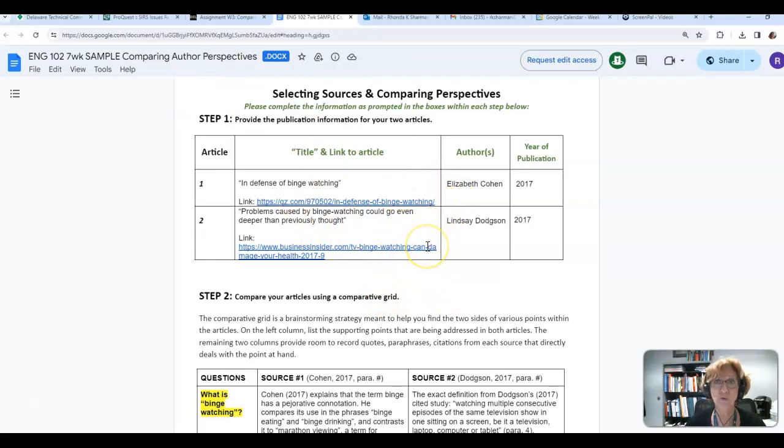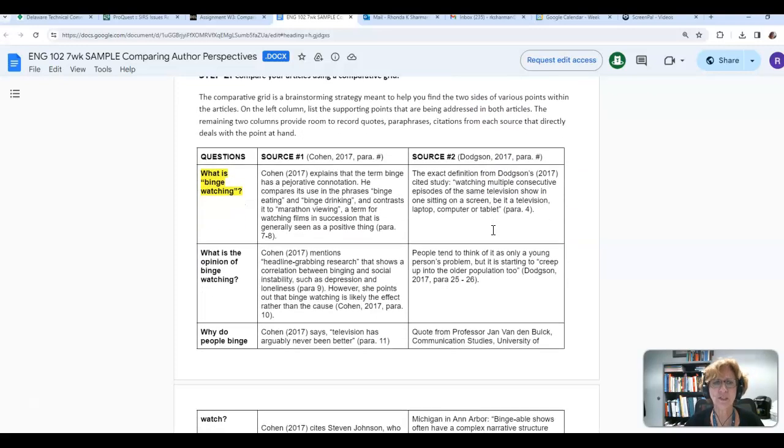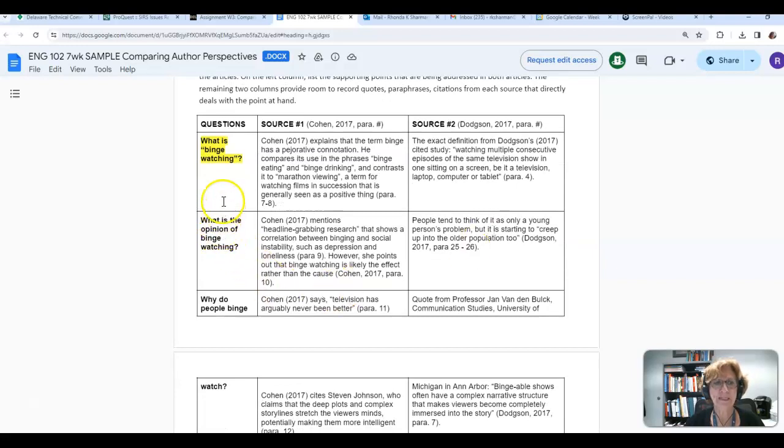These would be the two new SIRS articles that you found, and you'll fill in that information. And then what you're going to do is to create three questions that are relevant to your synthesis question, your overall debatable issue, that will help you begin to break down this issue and compare different aspects of it.